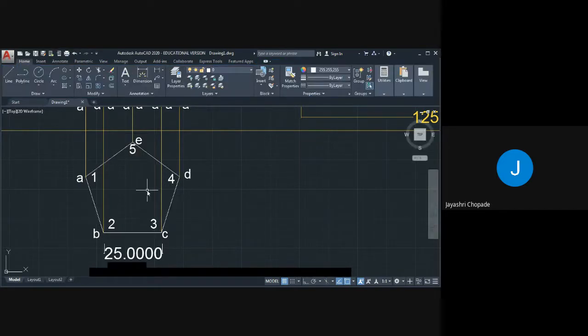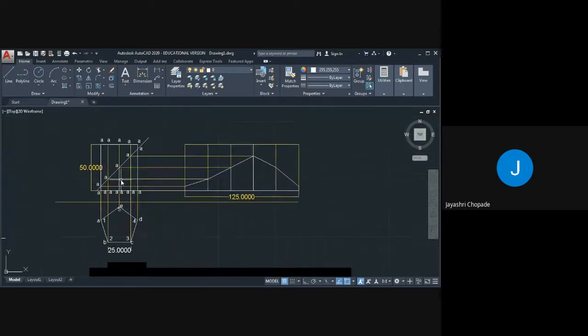In front view also we need to give name.